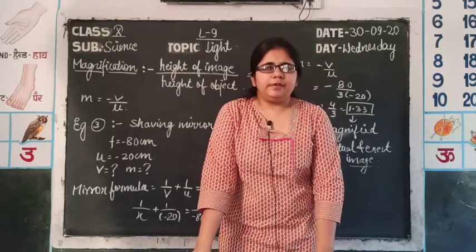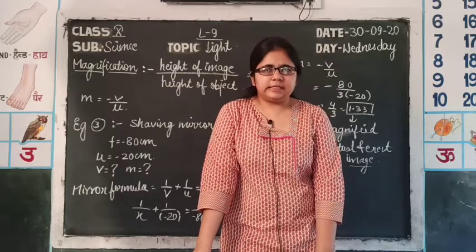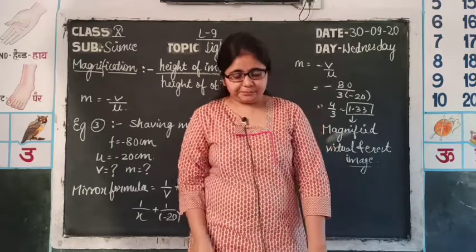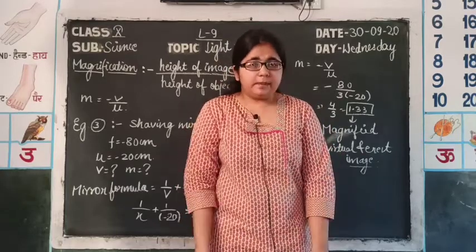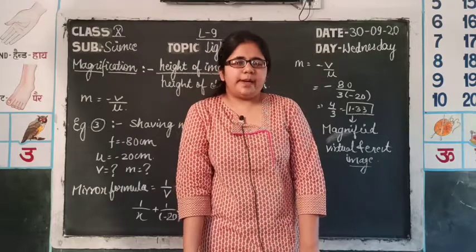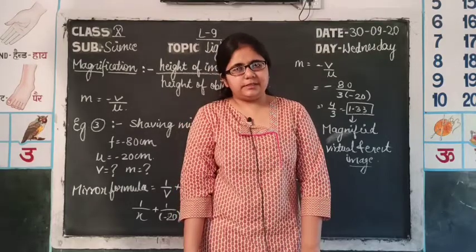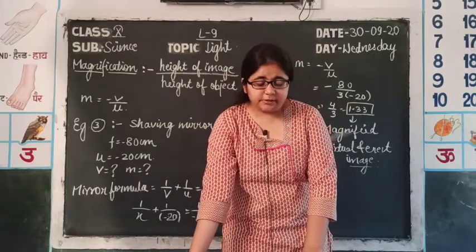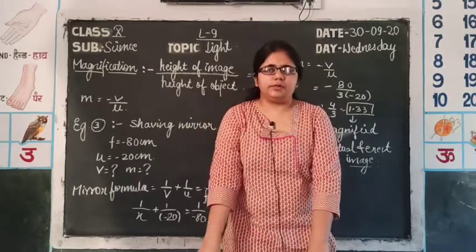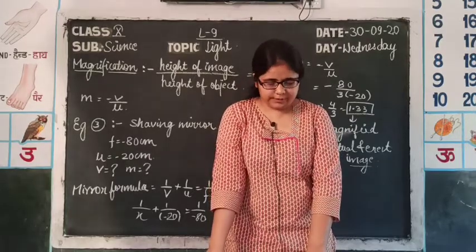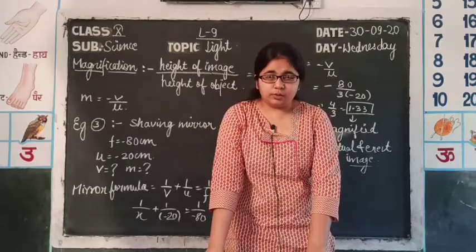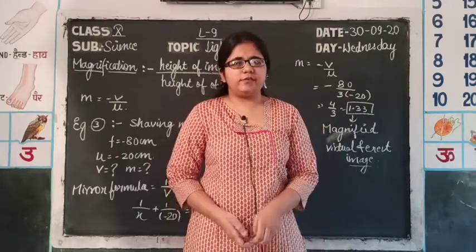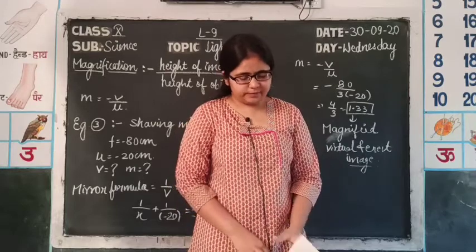So, in the previous class we discussed the Cartesian sign convention and the basic rules regarding image formation. Then we studied some basic principles in which parallel light strikes the reflecting surface and then intersects at a point known as focus. Likewise, when light passes through the focus, it reflects parallel to the axis. These were the several rules which we have studied. Then we discussed some basic rules and image formation in concave and convex mirrors.